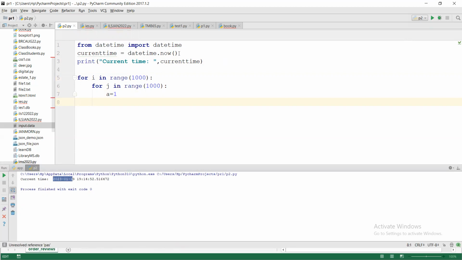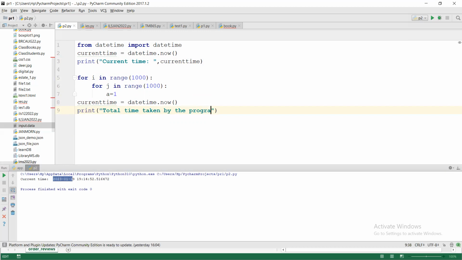So what I can do is say current time equal to datetime now. I'll measure the current time before the start of the program and after the program ends. And then you can say total time taken by the program is, and here instead of current time I'll say end time, because if you use the same variable, we lose the old variable, right? I will say end time minus current time. Now when you run it,